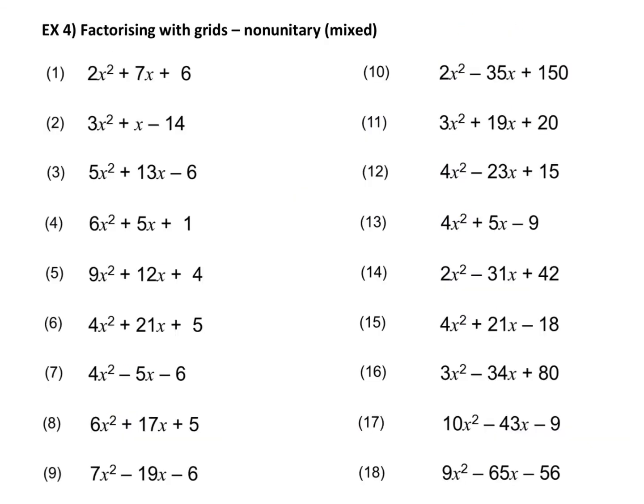On your worksheet you've got exercise 4, plenty here to keep you busy, 18 in total. They start with fairly small numbers, and as we go on we can see the numbers you'll be working with get larger and larger. But as long as you are organised and list your factors, starting with 1 in the number you're working with and working up from there, you should be able to find the numbers that work for each of